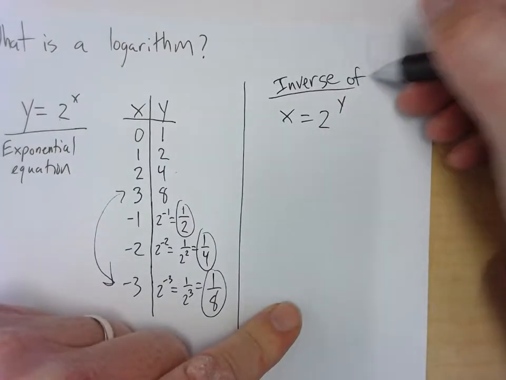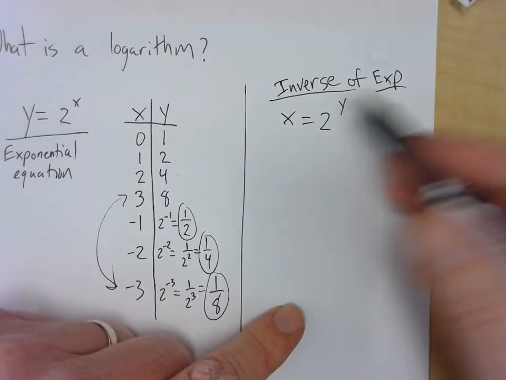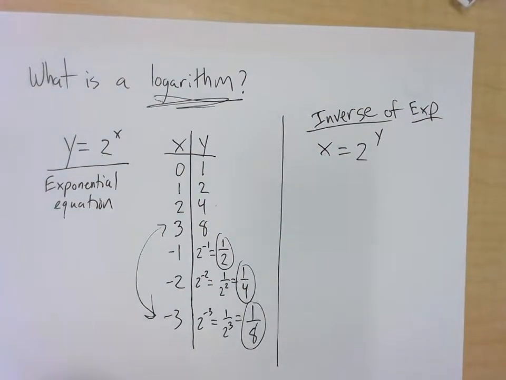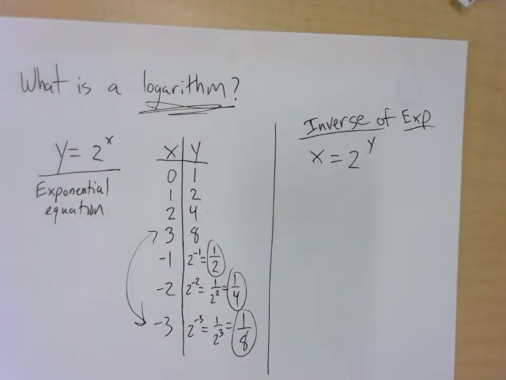of the exponential equation. Well, guess what? The inverse of the exponential equation is what a log is. So we switch x and y, we solve for y. So how do I solve this for y? I have no way to solve for y. I don't know how to solve for y. So what we do is we